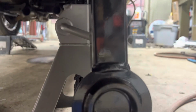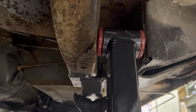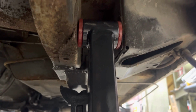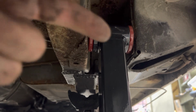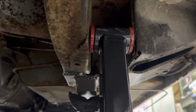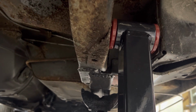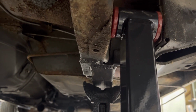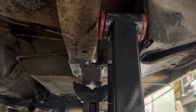Now, these are not BBKs. I don't exactly remember what they were. They're good. You know, they've got decent bushings in them, but they're snug fits. So I'm gonna pop this out, put some grease on both sides of it, and slide the bolt through it so I can go ahead and start on my lower Torx box connectors. But basically, whenever I do these, I just grease the face of them, and then they've got grease fittings in them. And I mean, get you a nylon dead blow hammer and get ready,